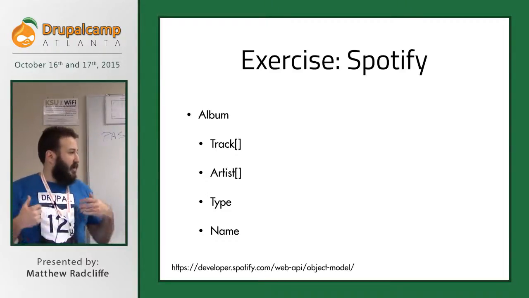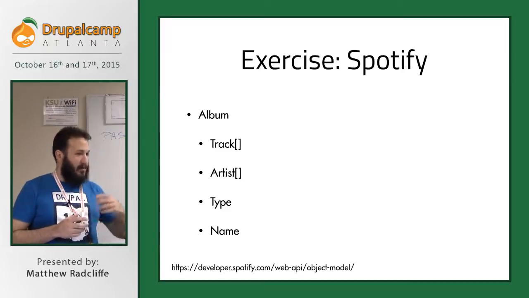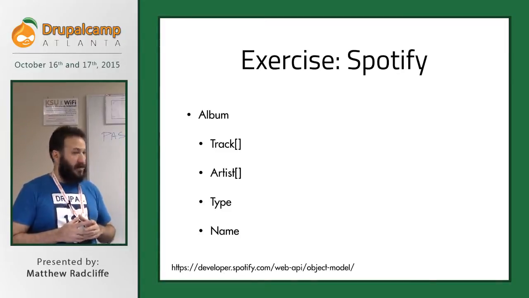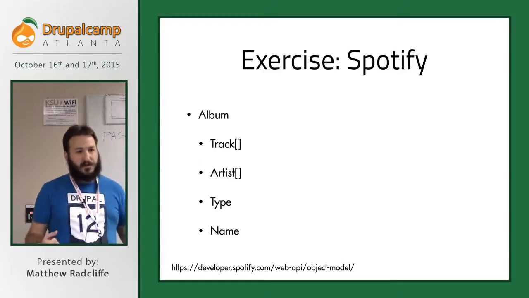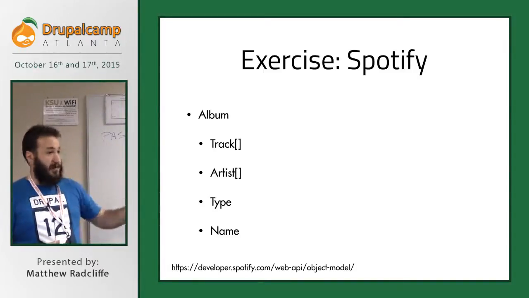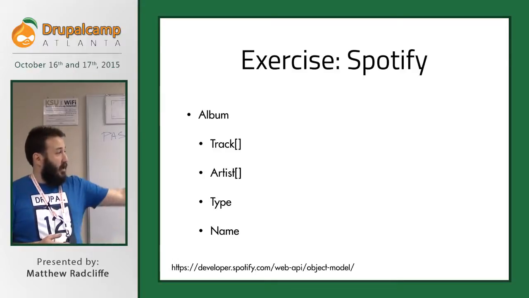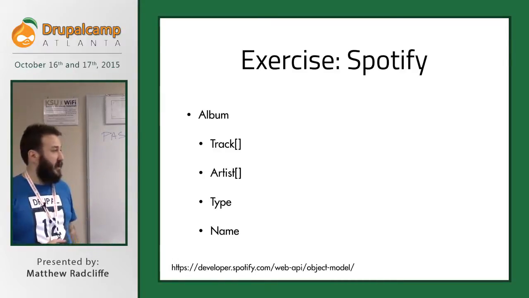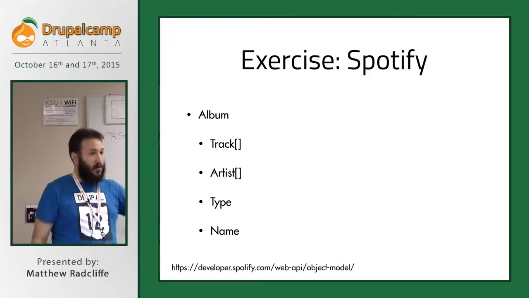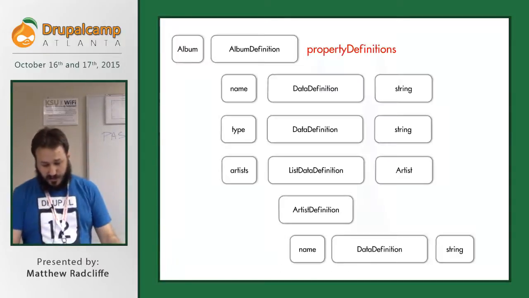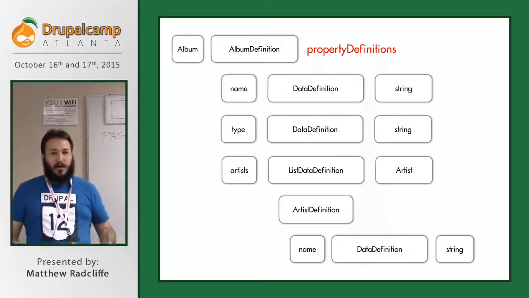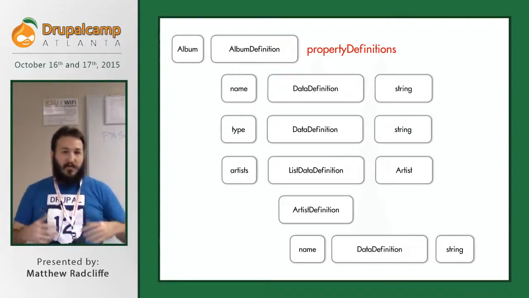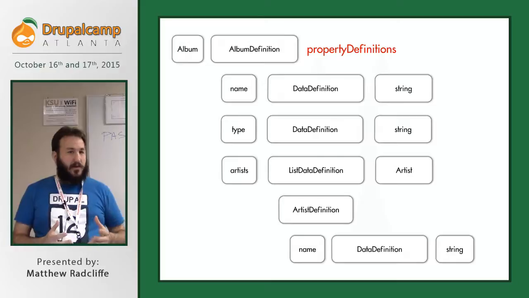If I look at the Spotify API and their object model, I have something called an album. And the album consists of a whole bunch of properties. Some are strings, like type and name. Others are complex or composite data types themselves, like a list of tracks or a list of artists. So if I was trying to define a Spotify album, I'd have an album definition, and then it